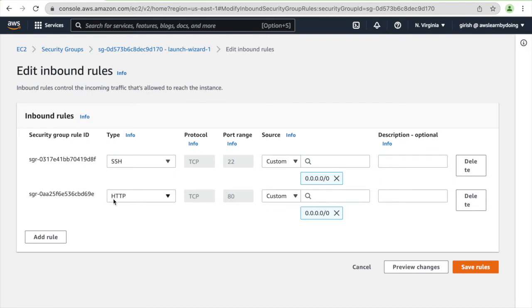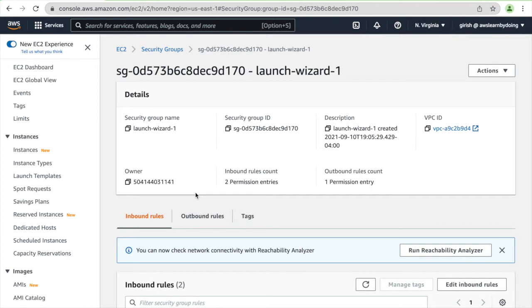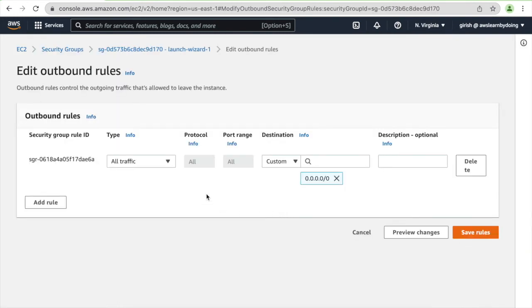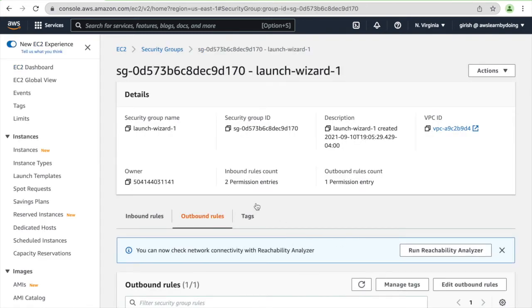Okay, so I have this HTTP on port 80 and it is open to the world, right? So this looks good. Whatever we need for this security group is there. So we are good with this setting, and outbound rules. Let me see this as well. Okay, all traffic is allowed, so there is nothing crazy happening with the security group at least.